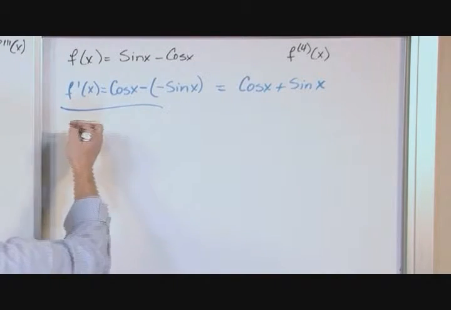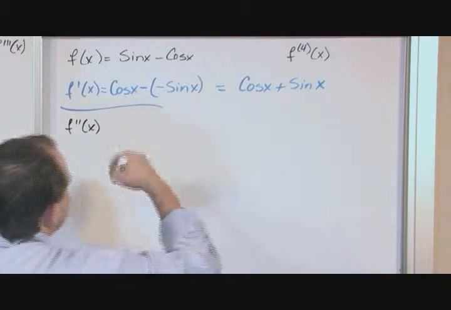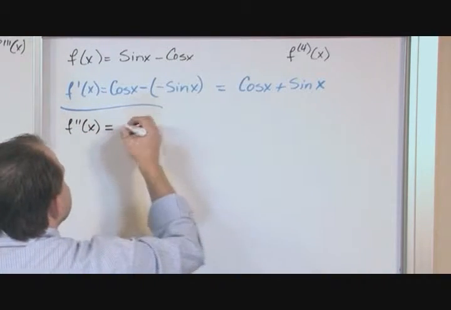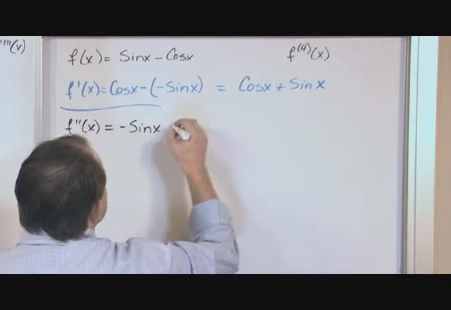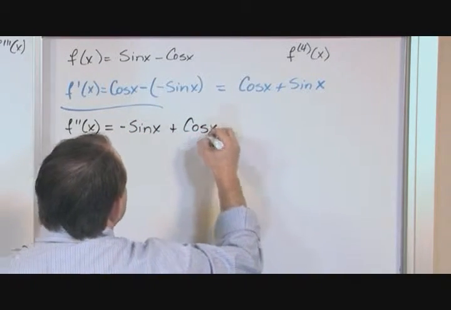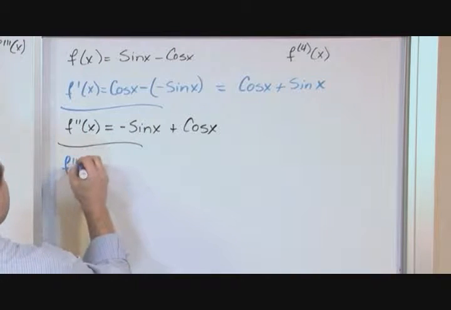Now for the second derivative, we just simply take a look at this and take the derivative again. The derivative of cosine is negative sine of x. The derivative of sine is cosine of x. So there's really no more simplification to do there. That's the second derivative. So then we look at the third derivative, triple prime of x,